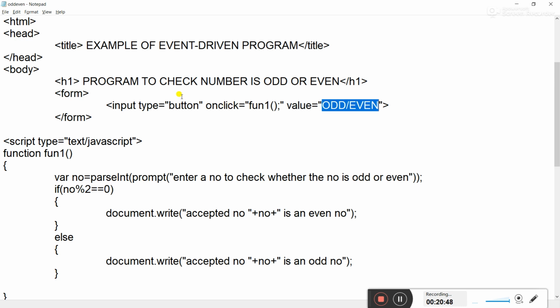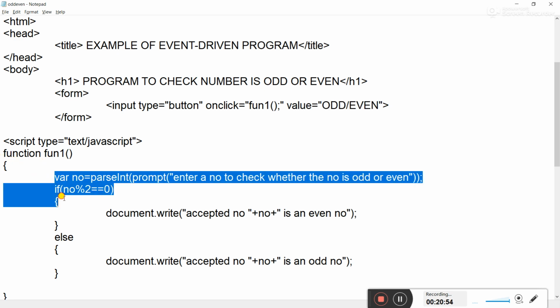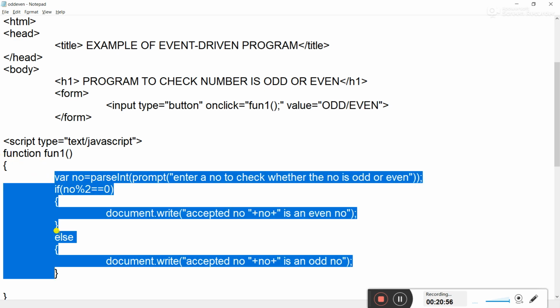You can write that value depending on that question, and you can write this heading depending on the question. Correct? And after that you need to write down the function. You need to call a function. So this part is compulsory. Only you are going to make changes in this part. So this part depends on the question asked in your exam. Got it? I hope you have understood how to write the event driven programming. So this is the end of the chapter.